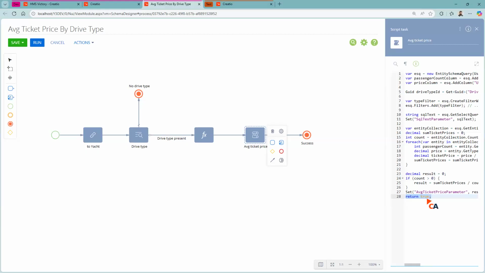This is the only thing that is necessary to business process engine. That whatever had to happen happened, and so we return true. So if we want to see those values,